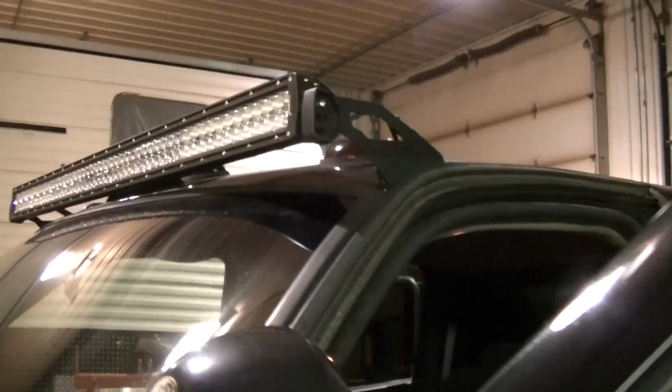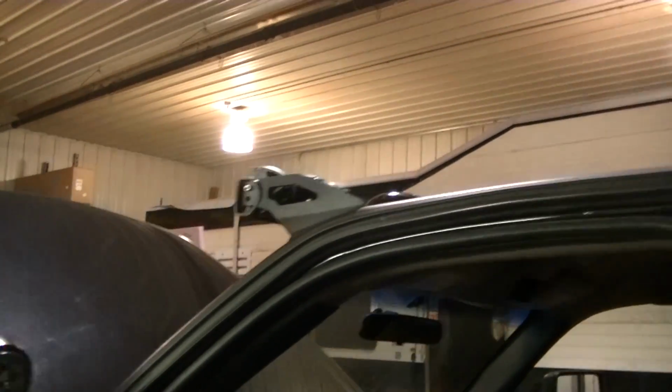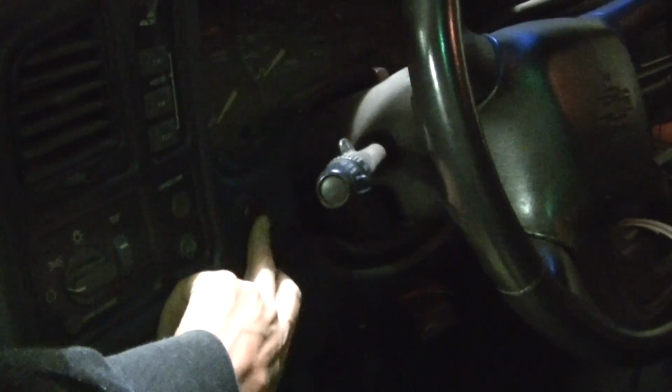I did my best to hide them on the bracket, but you can still see that one because it's just so dang big. But the door shuts nice, and the wires are inside that deal. In here, I just got the switch over here. I'm getting a new piece right here. This is going to be new, so right now that's kind of just a temporary position of where I got my switch, and I just took this off and drilled a hole just like I did this switch here for my bumper light,